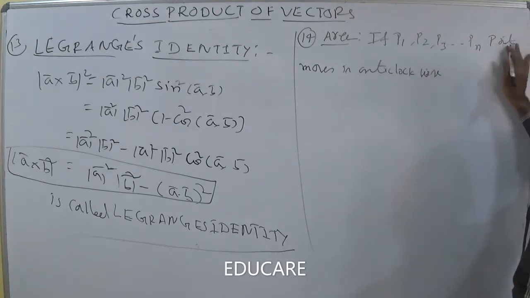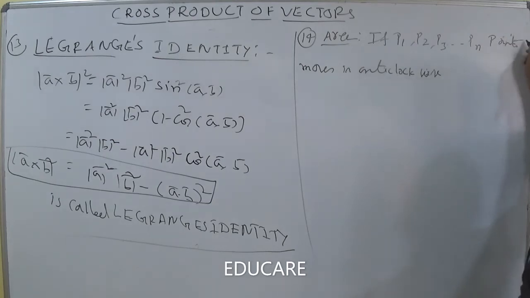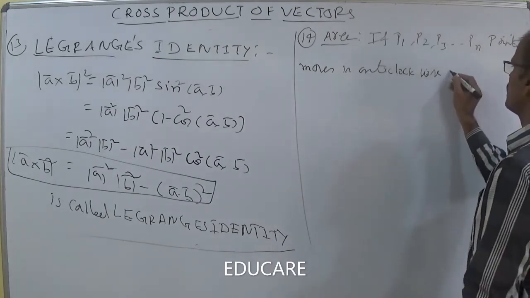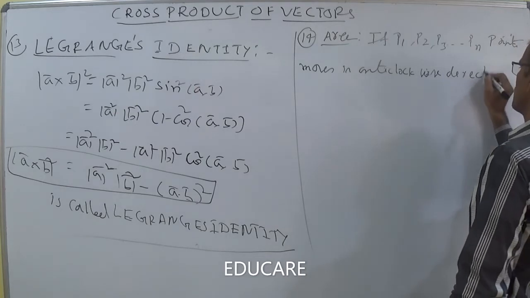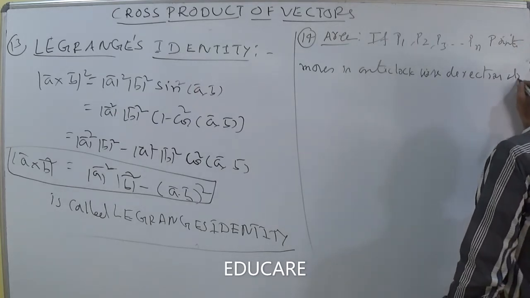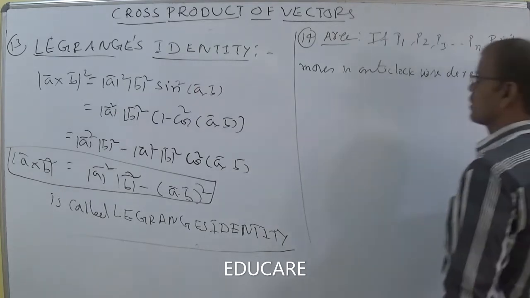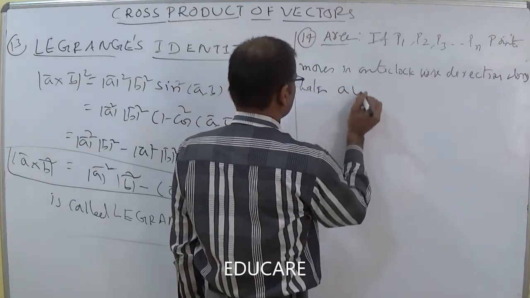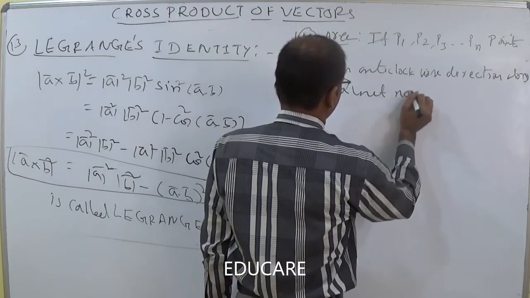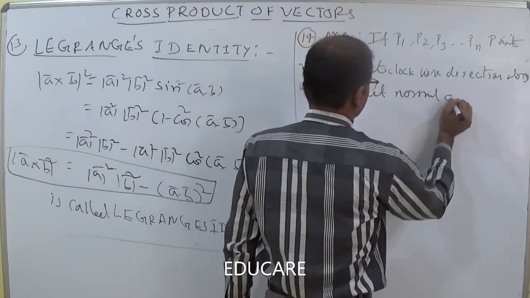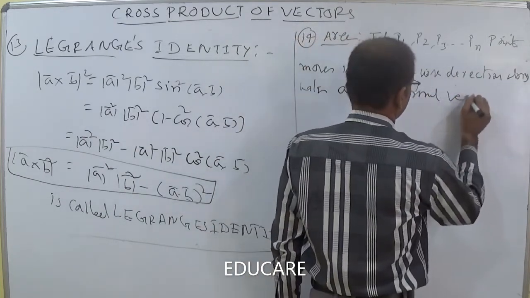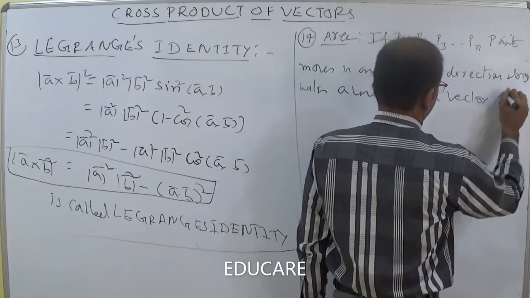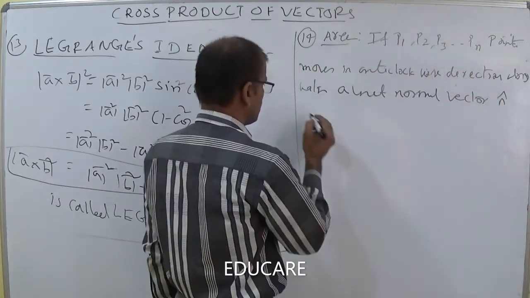I am discussing points that move in the anti-clockwise direction, along with a unit normal vector n cap. Then